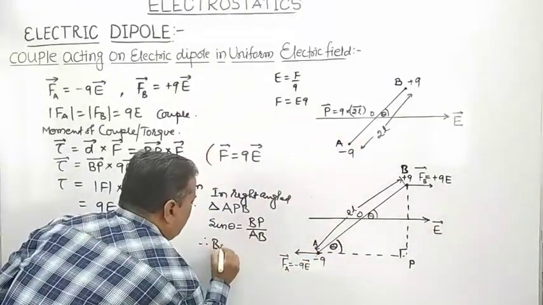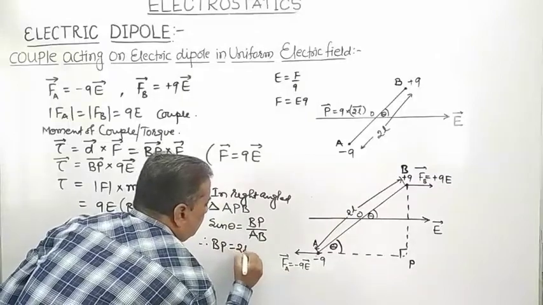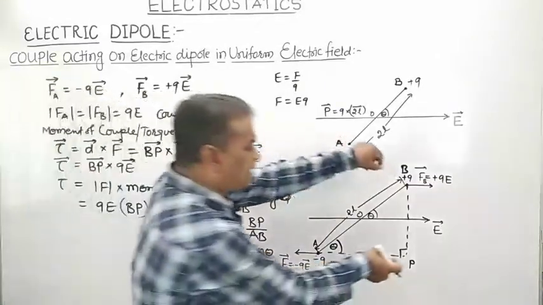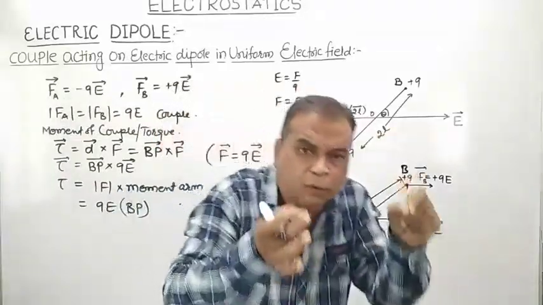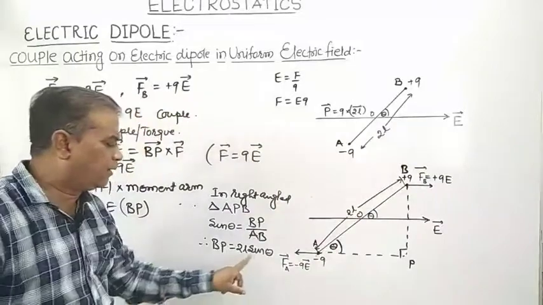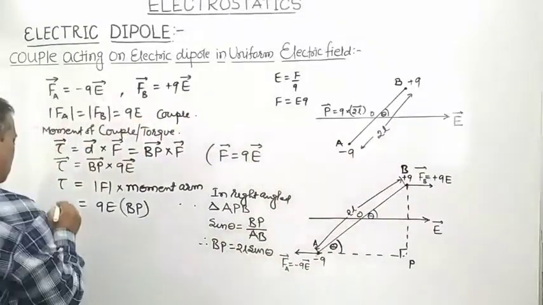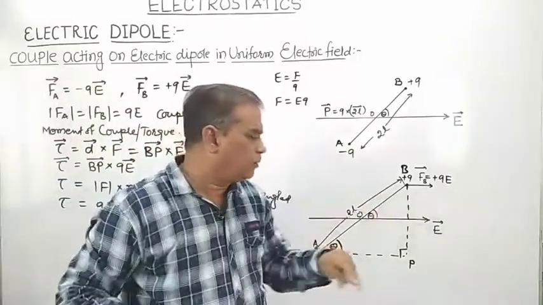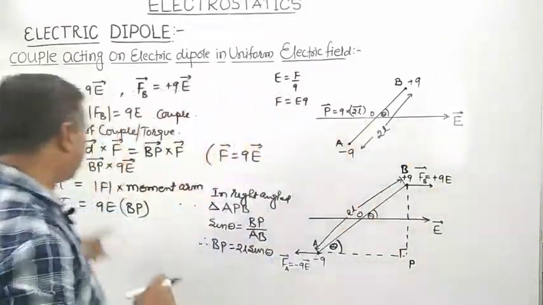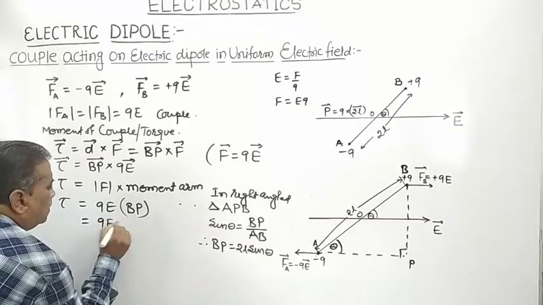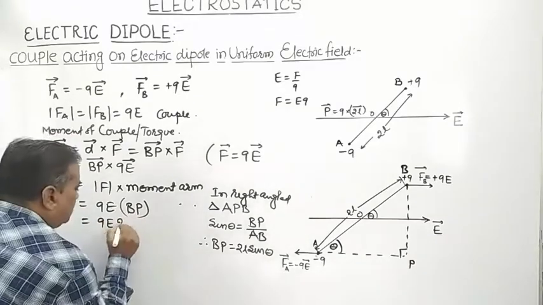Therefore BP is equal to 2L sine theta, meaning the perpendicular distance between the two forces, which are equal in magnitude but opposite in direction, is 2L sine theta. So the magnitude of torque acting on an electric dipole due to uniform electric field is QE into that perpendicular distance,